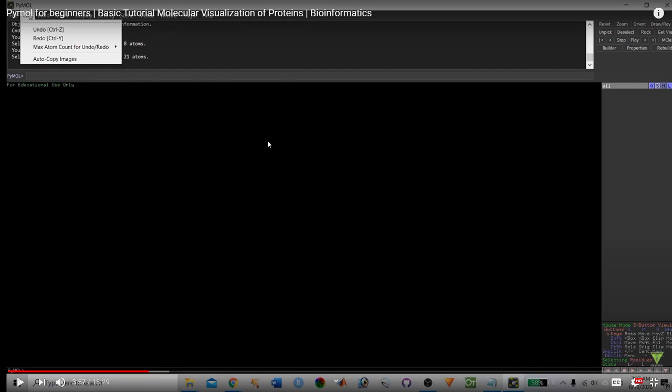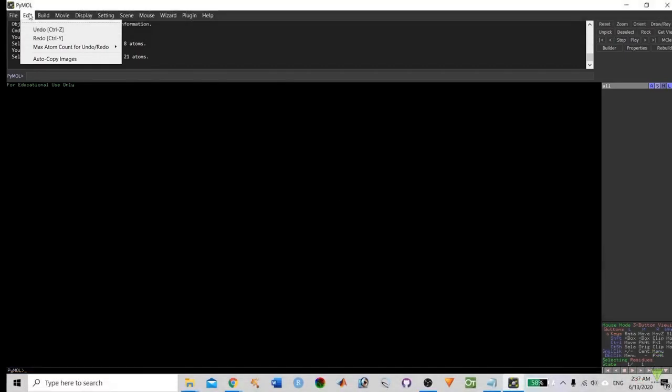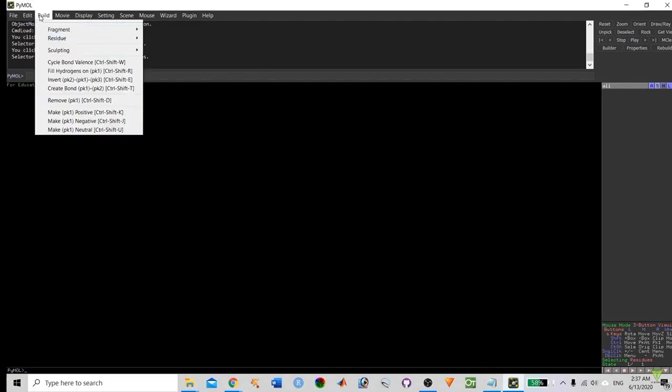In this one you can change the color of your protein molecule. For example, if it is green in color, you can make it red. You can add a polar group to this molecule. If you go to the edit menu, you can find the undo and redo options. Under undo, you can undo the previous command, and with redo, you can redo it, right? Do it as you are doing in a Word file. You can do it here also in the same way.